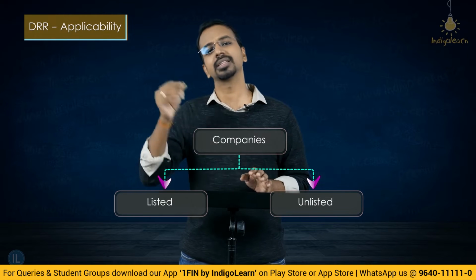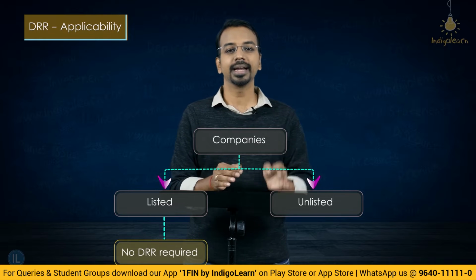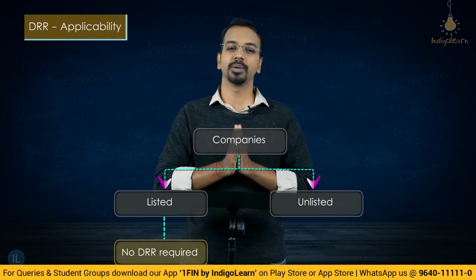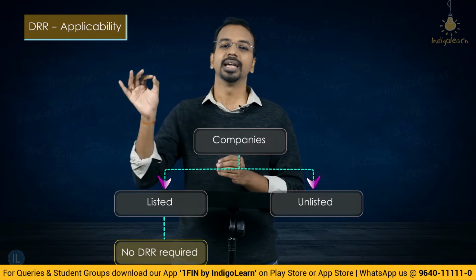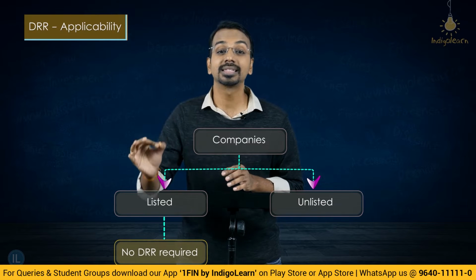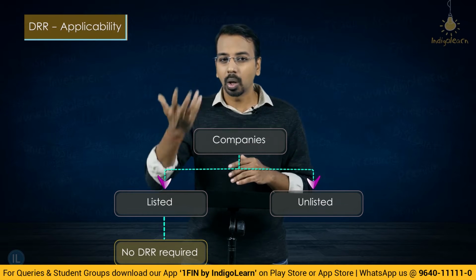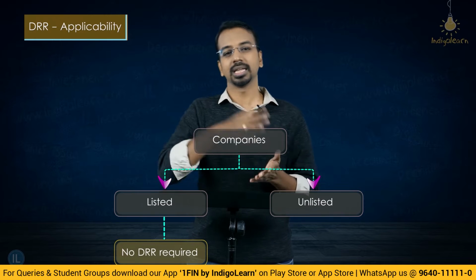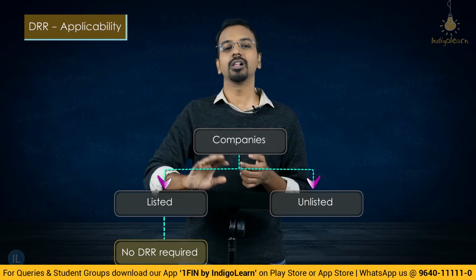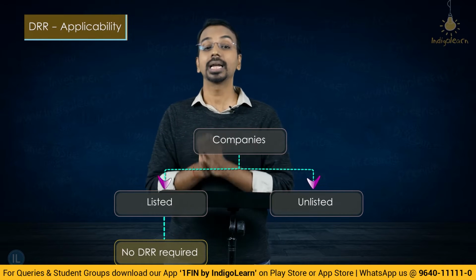If any company, whatever is the nature, falls under the category of listed company, then there is no requirement to create debenture redemption reserve. It may be a banking company, it may be an all India financial institution, it may be an NBFC, it may be any other listed company. Debenture redemption reserve requirement is not applicable if the company is a listed company. This is one thing that you need to keep in mind. Now if you go to the rules, you will see that first they have mentioned about all India financial institution, then banks, then other financial institution, then NBFC, a lot of complexity around the drafting of rules, but the crux is if any company falls under the category of listed companies, then debenture redemption reserves requirement is not applicable, right,